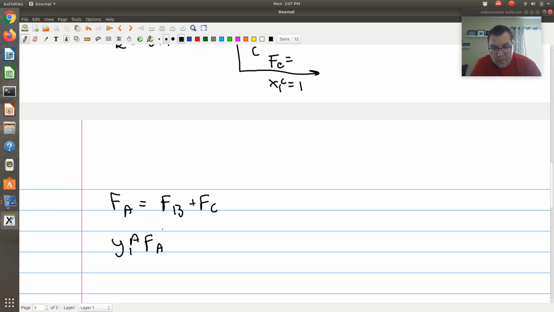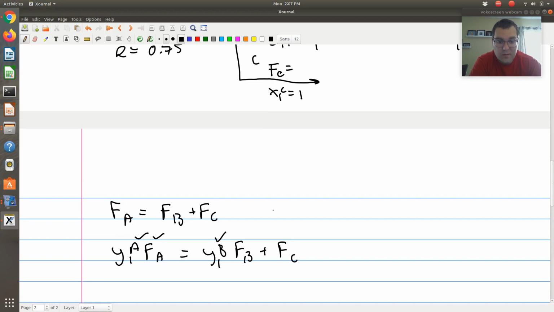I assumed FA was 1. I know Y1A, so I know both of these. And then Y1B, which I just computed, times FB, which is unknown, plus X1C times FC, but X1C is just 1. All right, so I get two equations with two unknowns, so I can solve for FB,